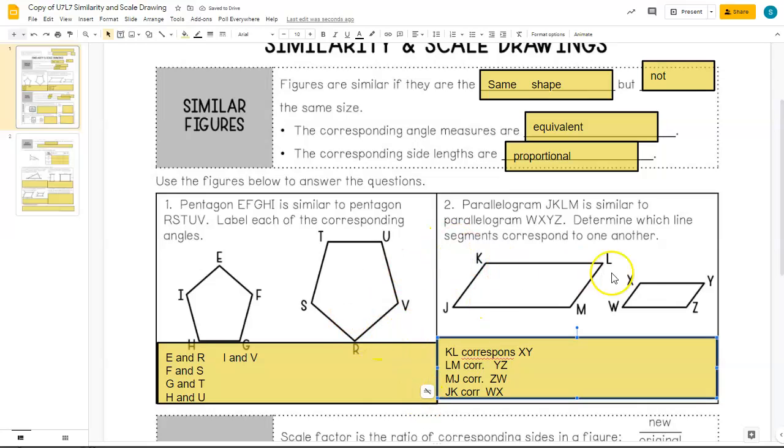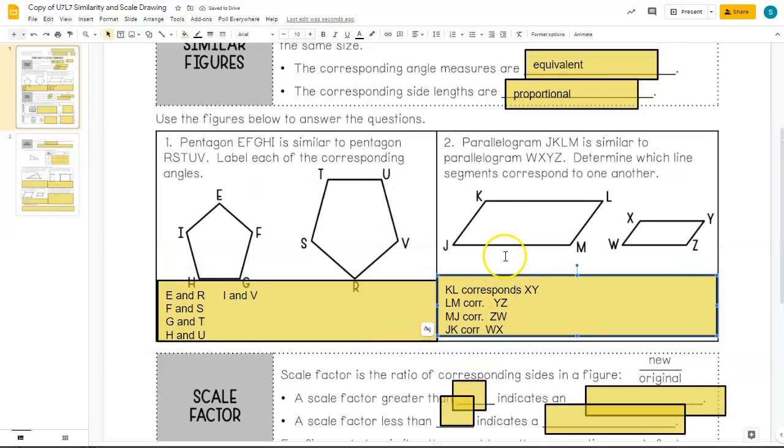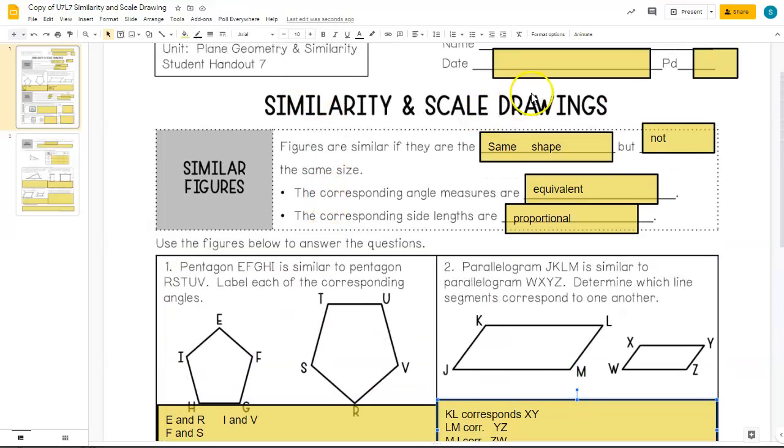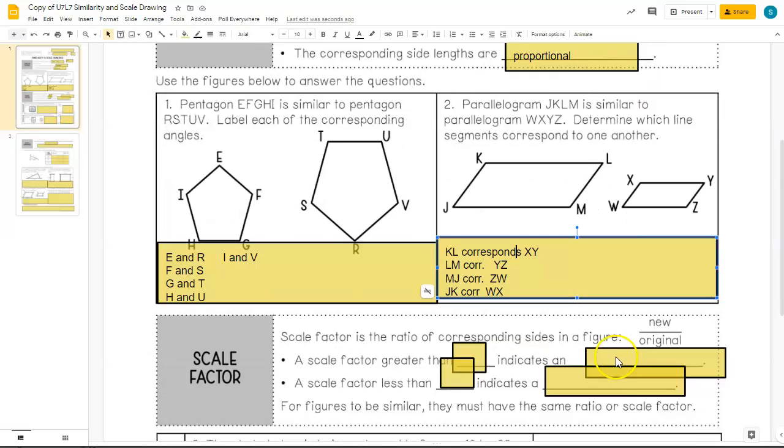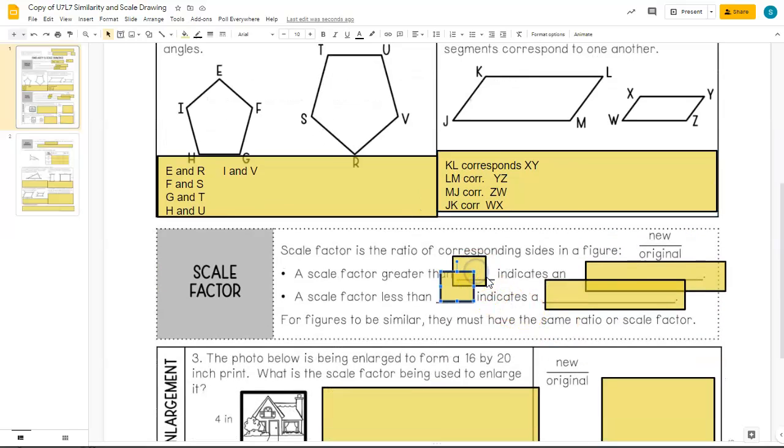Alright, so if I made this side half as big, I might get this side, but then I would also have to make this side half as big to get this side. That ratio is always the same. Alright, now, a new thing, because remember it was similarity and scale drawings, the scale factor is the ratio of corresponding sides in a figure. It's always the new over the original. If the scale factor is greater than 1,